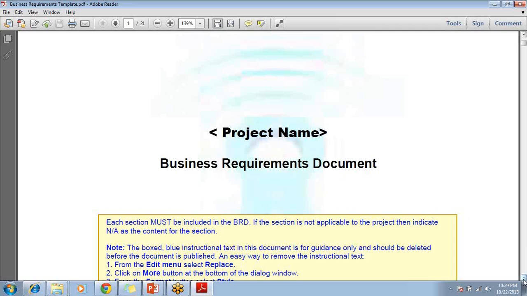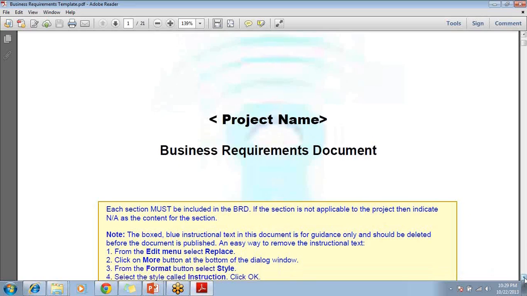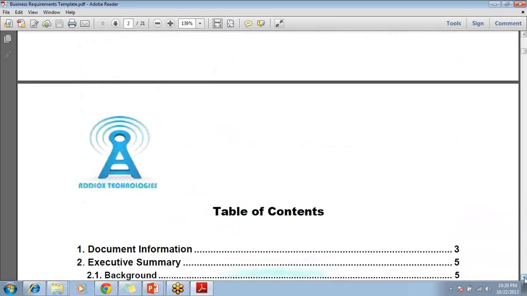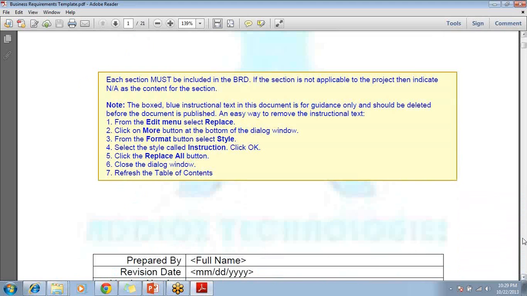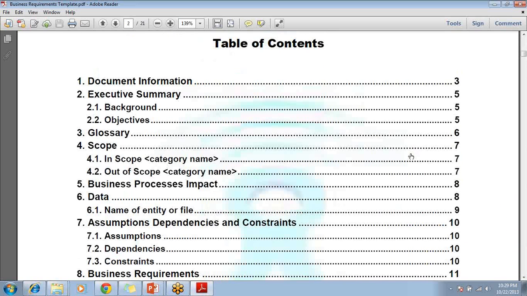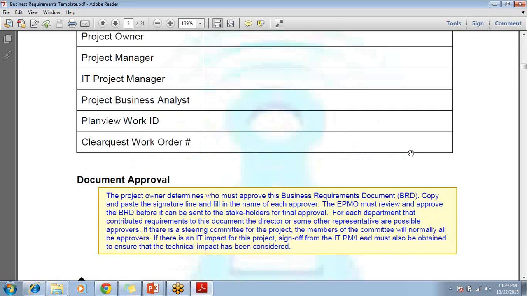And see, all the industry is not using exactly the same format. Every company has their own predefined template. But the information which goes inside the business requirement document is something which you need to understand. So don't be very rigid about the template. Try to be rigid about the content and the information which goes under that. So the yellow area just explains some guidelines, some information for you guys to review and understand. This is the table of contents which will be there.